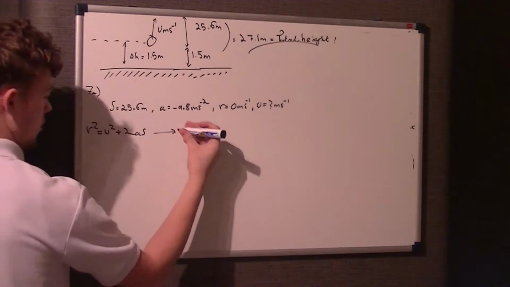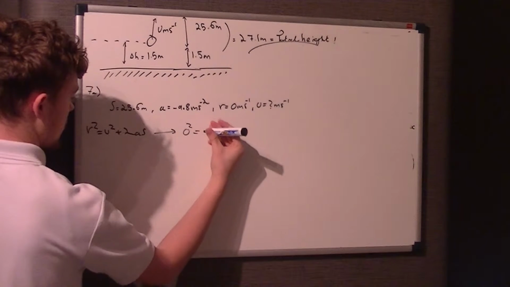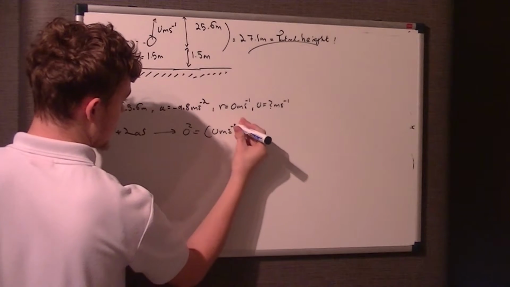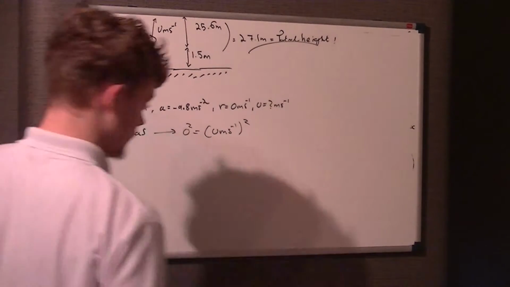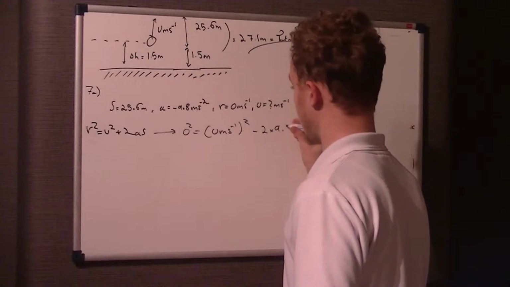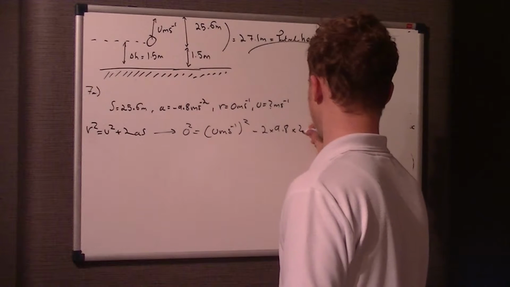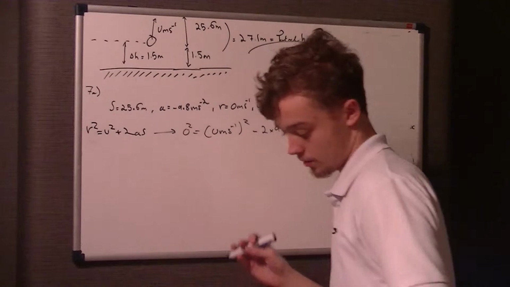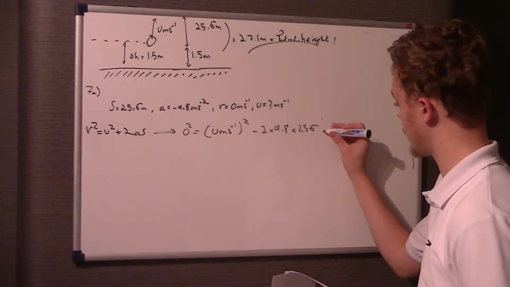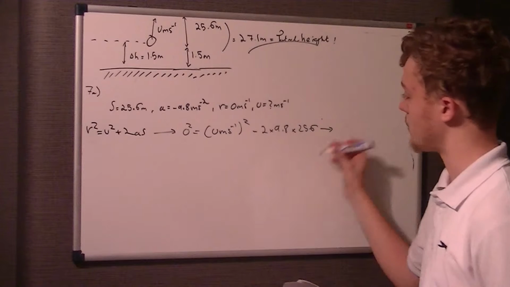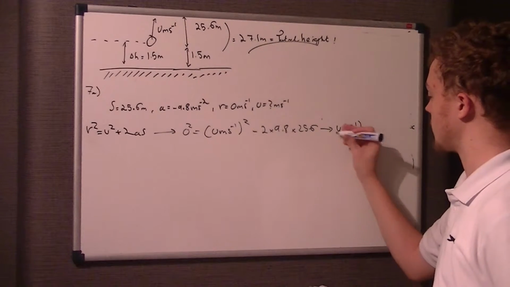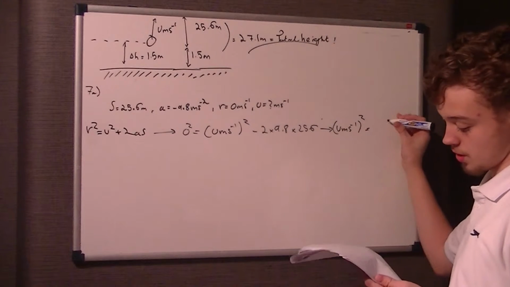So just sub in what we know. That's 0 squared is equal to u squared, which we don't know, so we just call it U metres per second, and put square brackets there. Take away, remember, 2 times 9.8 times the distance, which is 25.6. Okay, so if you work that on your calculator, and move this onto the other side, we get U metres per second, and remember that's squared, is equal to